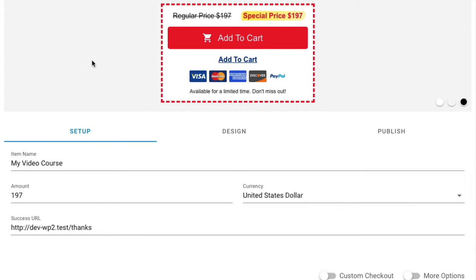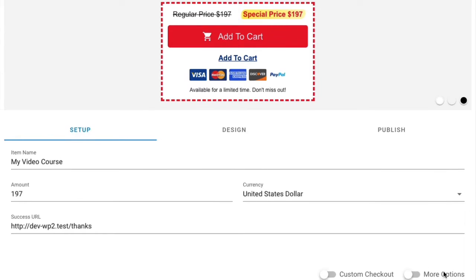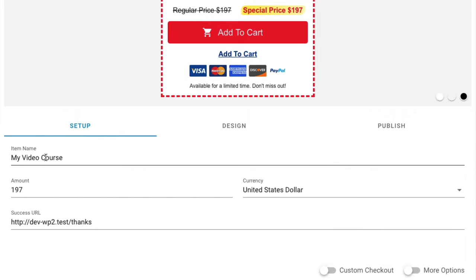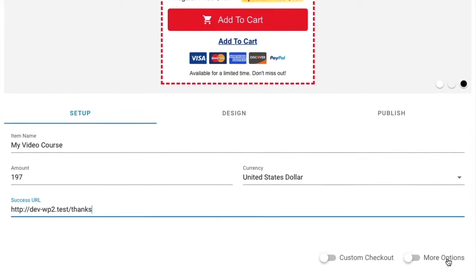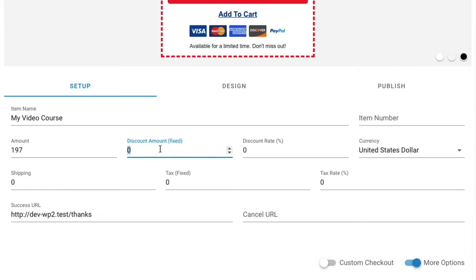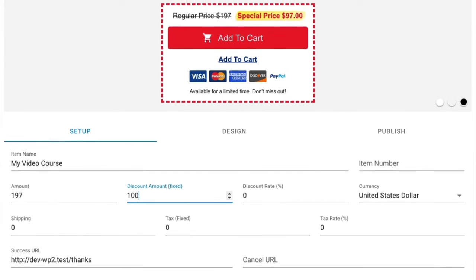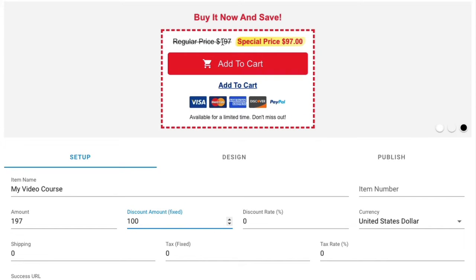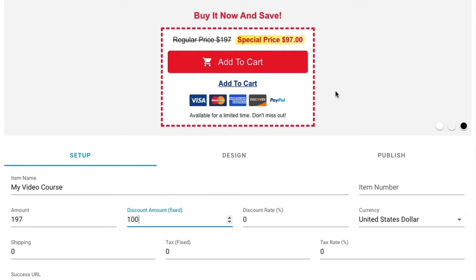Let's go back to the setup option, and from here I'm going to add some more options. Previously we just had the item name, the amount, the currency, and the success URL, but we've got some more options here. Toggling on more options, we can do a discount offer. Let's say I'm going to do fixed amount, $100 off. And you can see here on my payment button, we've got regular price $197, special price $97,